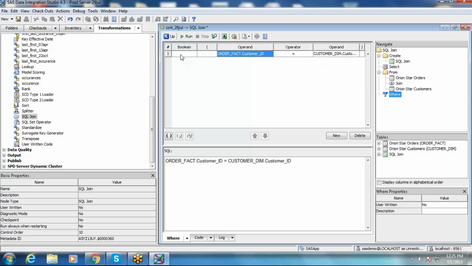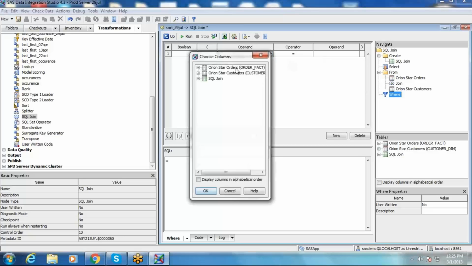If they have different names, it will look empty like this. Then you need to create a new filter, go for operand. You can choose the column, or if you want to write a case or subqueries, you can do that. If you want to write an expression, you go with advanced, and it will show you the expression builder. Choose columns.